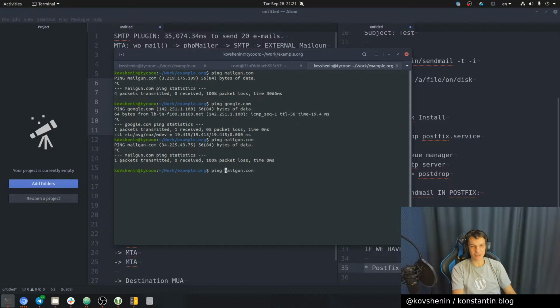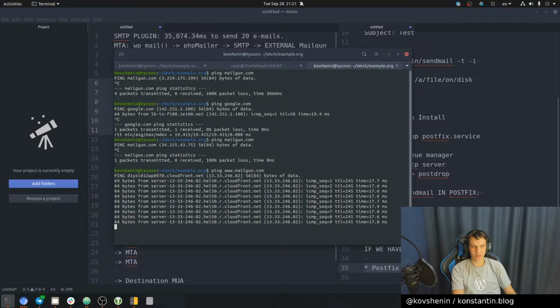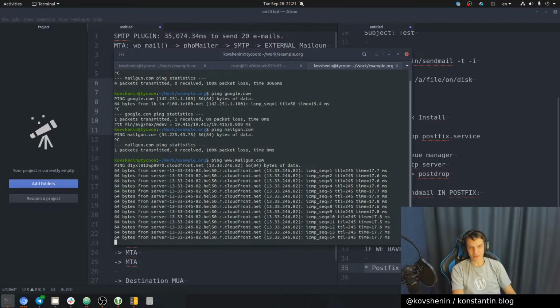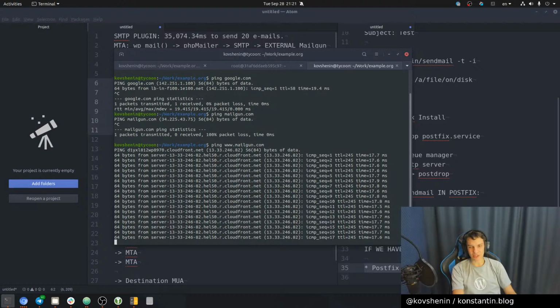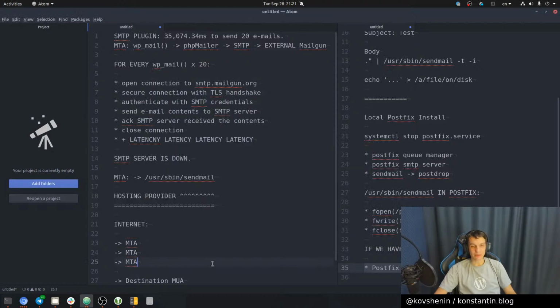I'm guessing they just block it on well, www, but this is CloudFront. This is a CDN service, so this doesn't really help much. Of course, they're going to have low latency to a CDN server. Anyway, so the latency here is a very big factor, for sure, 100%. And in a Postfix install in the same network, if we have a cluster or even a single instance,